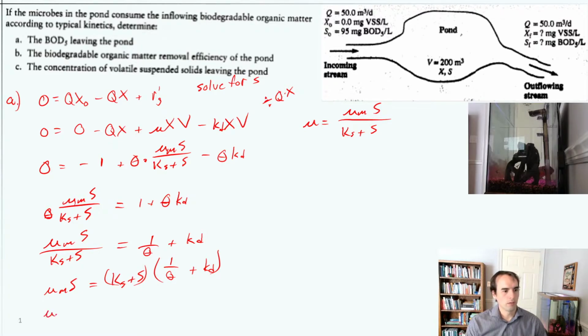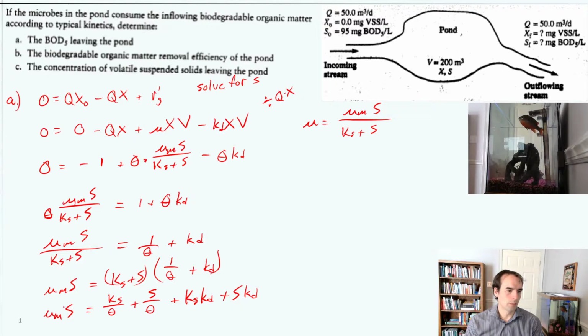So we have mu max S equals Ks over theta plus S over theta plus Ks times Kd plus S Kd. From there, we'll end up dividing everything by mu max. We'll have the S over theta plus S times Kd. We can extract the S out of those two, and at the end of the day, if we simplify,